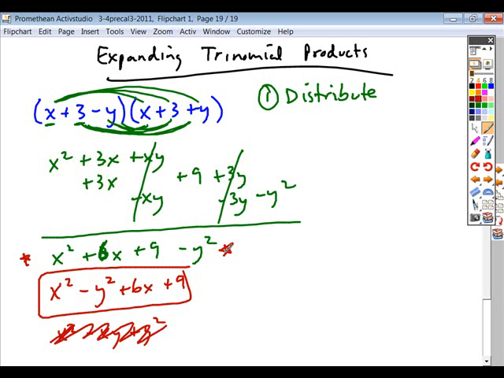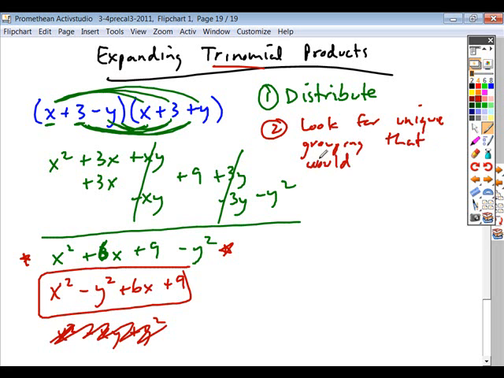All right, now, in addition to distributing, the other thing that you can do anytime you see trinomials is look for unique grouping patterns that would create a special product form. Okay, so if you looked at this problem right here,